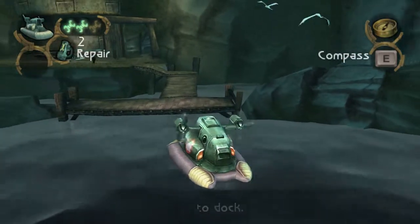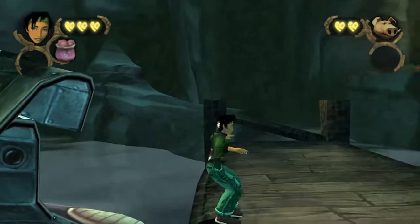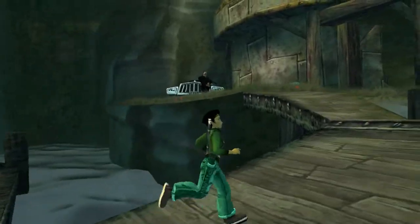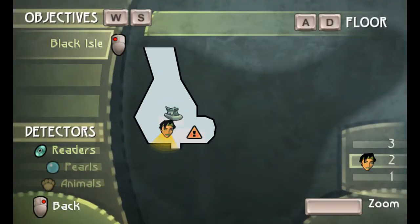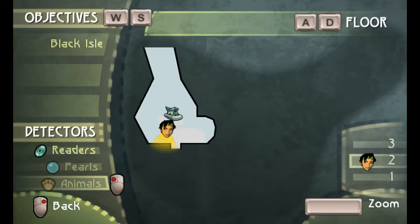Oops. Came in a little hot, we couldn't dock. Oh, we've got to reverse in. And we get to visit Mr. Castellac's. No, W and S. No, I'm trying to figure out...